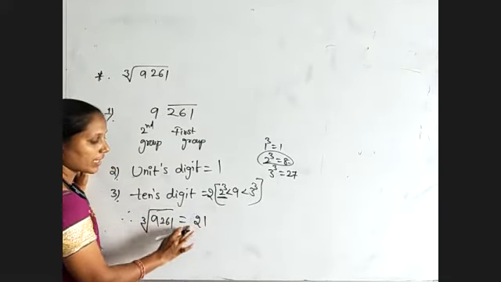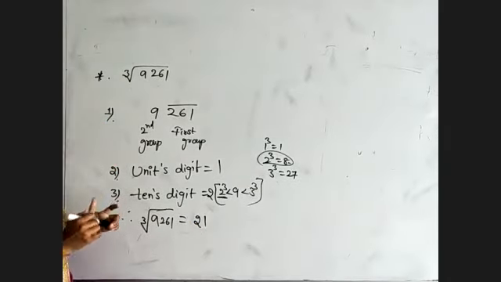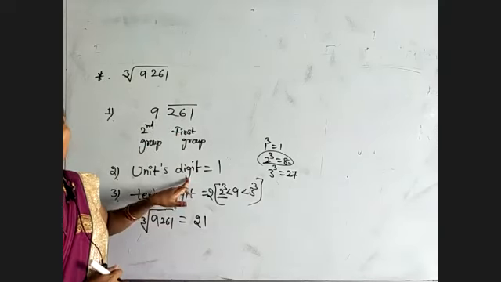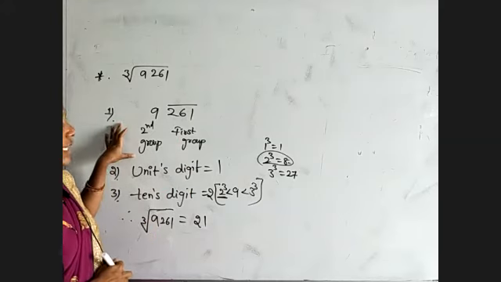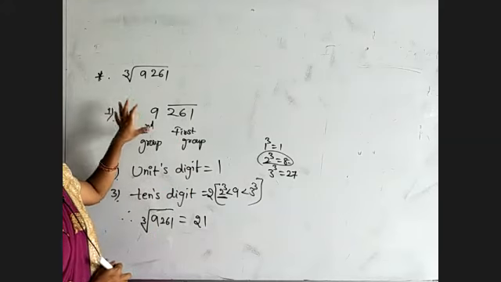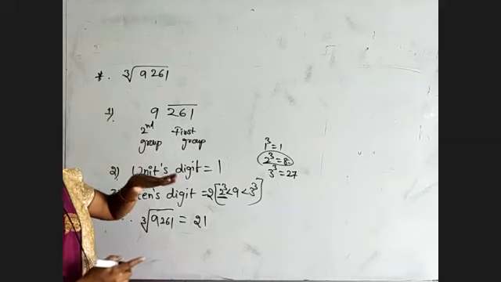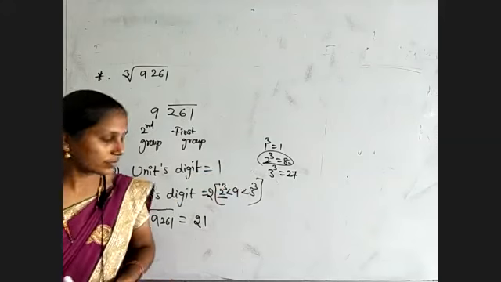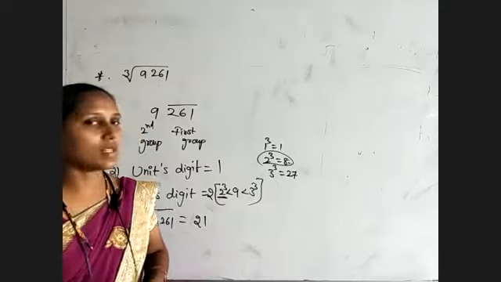So if you have any doubt, multiply 21 thrice, compulsory you will get the same number. Nothing is there. For the first group, we need to find the unit digit by observing the properties of cube roots. And for the second group, we check between which cube values it is lying, and the lesser or equal cube value, we must select that number. Okay. So depending on this, tomorrow we will see the question.